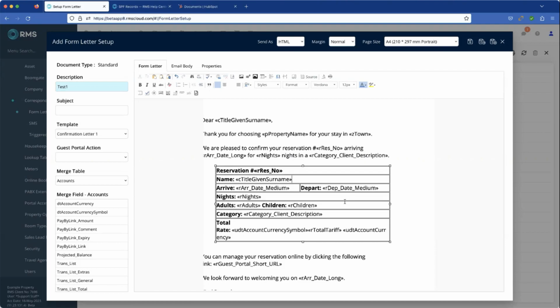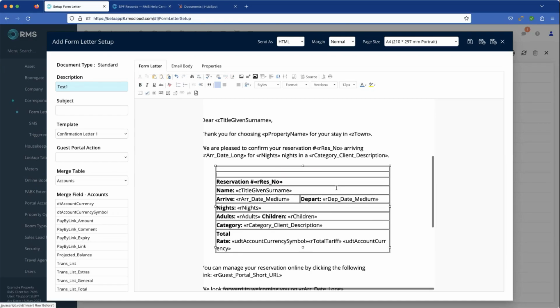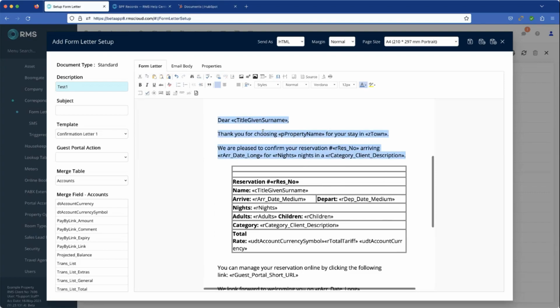Now, I actually go a little bit further than this. I put everything in the table. So the sort of thing I would do, I would click in the top row here, and I would go row, insert row before, and I might even do another one, row, insert row before, and then I'd get all of this information here. I would